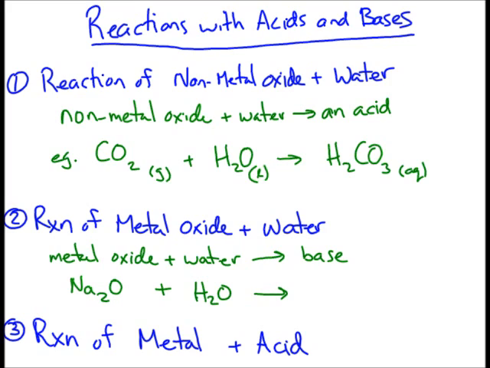And when we put this in, we can create our base, which in this case is sodium hydroxide. Okay. So there's a reaction that looks at our metal oxide and water creating a base. So this could be a solid, our liquid water creating our base, and because it's in water, we put aqueous